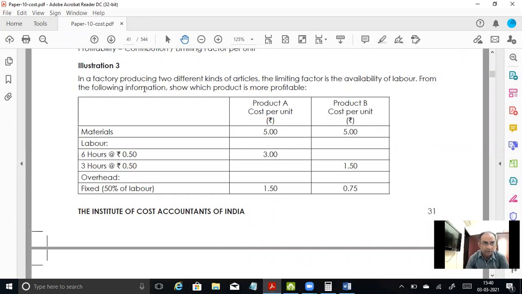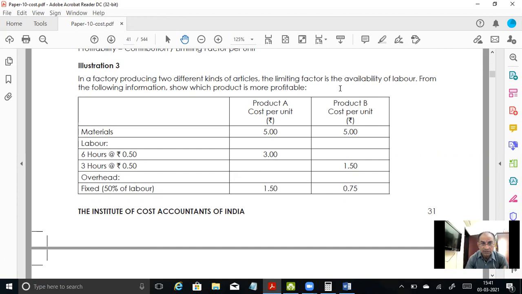In a factory producing two different kinds of articles, the limiting factor is the availability of labor. From the following information, show which product is more profitable. So they are asking us which product is more profitable. At the same time, they are saying there is a limiting factor, and that is labor. Clearly given here, labor is a limiting factor. So we have to check with the limiting factor of labor, out of the two products A and B, which